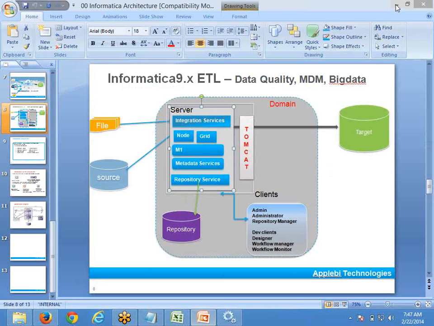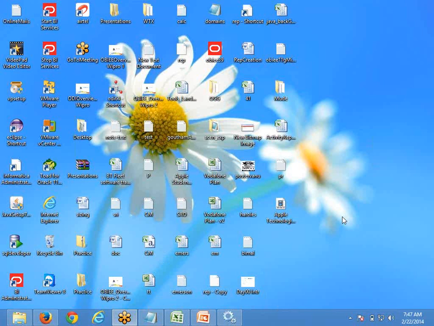So now, to start working, okay, now I want to develop something in Informatica. So first today we'll see what are the various components we have, and then slowly we'll get into that, okay. So to start working on these Informatica server components,